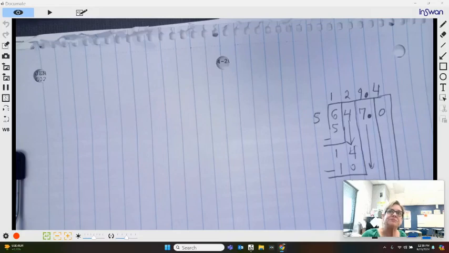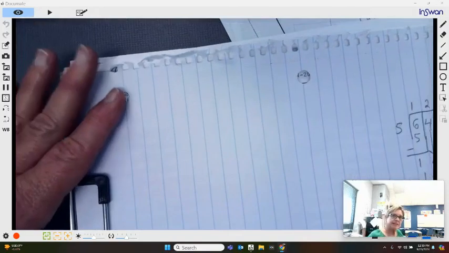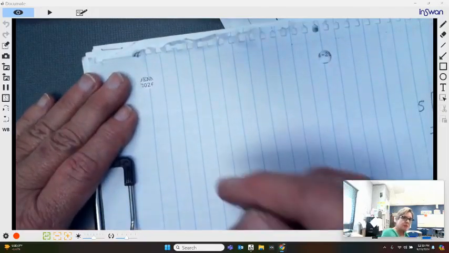So for starters, some of the most important things about what we do when we divide is being able to keep your work neat and lined up, and to set up things in such a way that you can see and have everything that you need where it needs to be. So we're just going to take a basic problem. This is from one of your examples in the books in Module 3. And the problem is